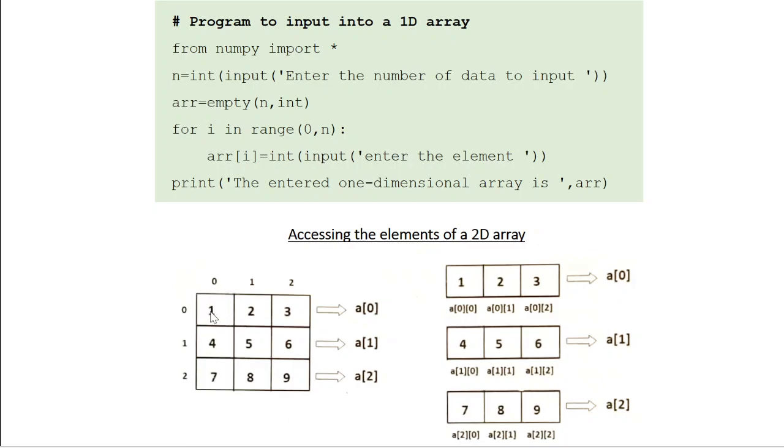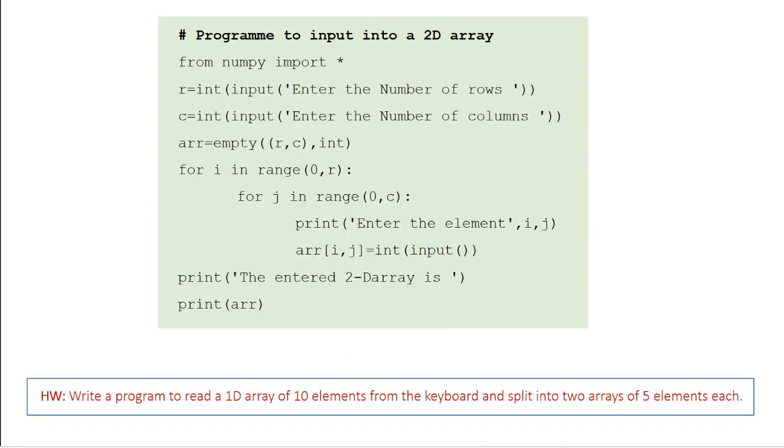Now, look at the rows and columns for each element. Now, this is a 0th row, 0th column. So, its index is A00. Now the second element, it is row 0 and column 1. So its index is A01. Similarly, this element, this is first row and 0th column. So the index is A10. Okay. So for each element you have a corresponding index, and you can access the element using the index.